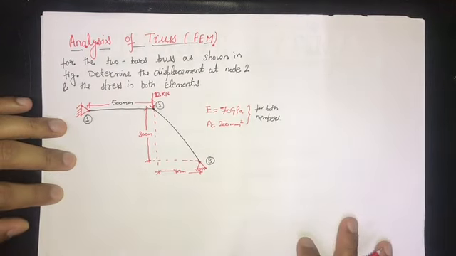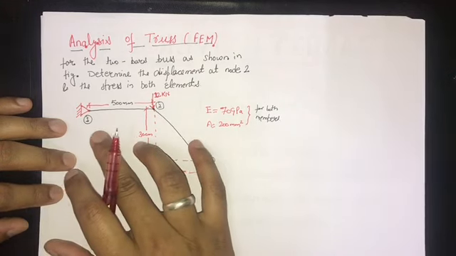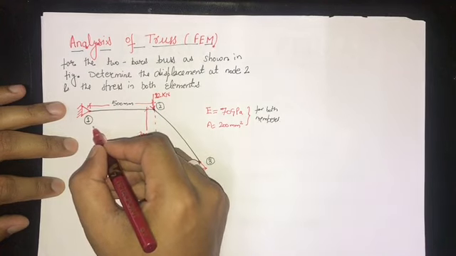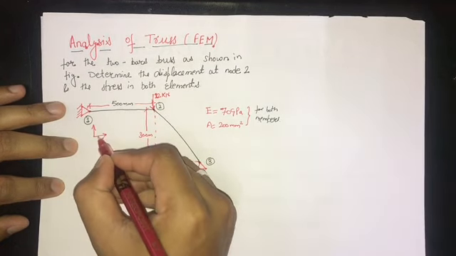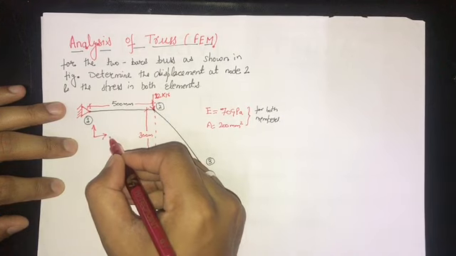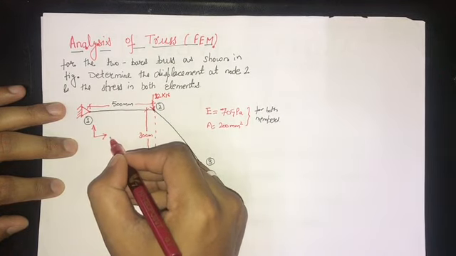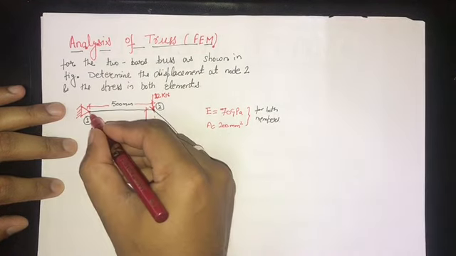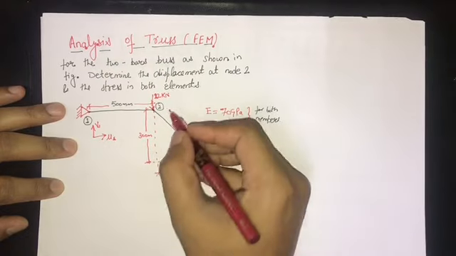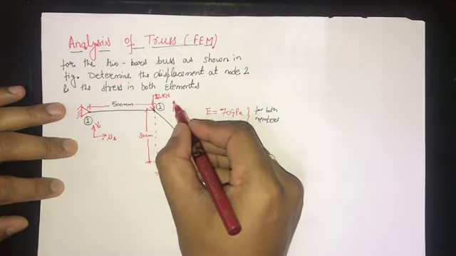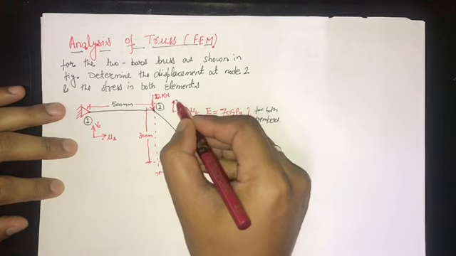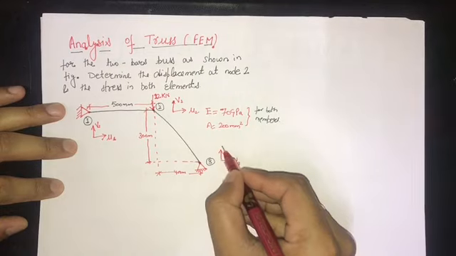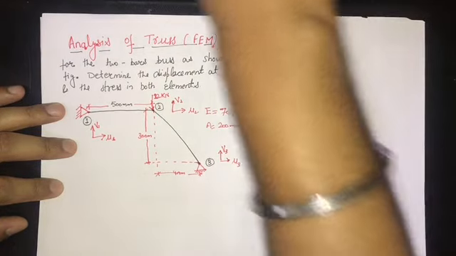So in the truss element the concept is that at each node you have two displacements. Suppose at node 1 you will have one horizontal displacement and one vertical. So we will represent the horizontal displacement by u1 and the vertical by v1. So at node 1 it will be u1 and v1. Similarly we will represent node 2 by u2 and v2, and at node 3 it will be u3 and v3. So these are the displacements.